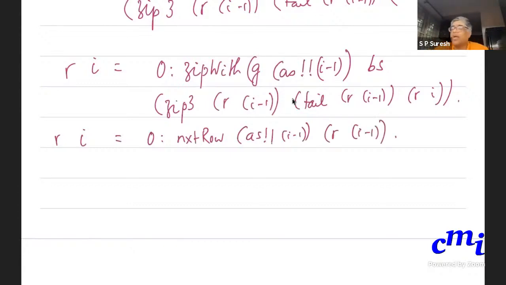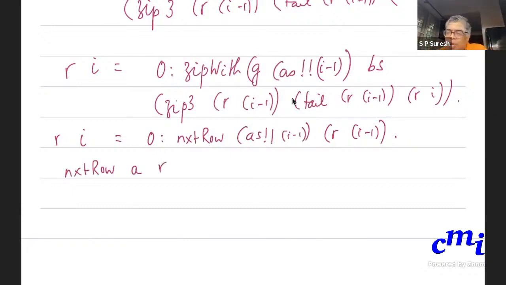If I have to write it this way, then what will next row be? This is just reverse engineering. Whoever asked this question about the last term being... next row I have to define, right? It is in my power to define next row. So what will I define next row to be? I'll take this A at I minus 1 as A and R I minus 1 as R. Those are the two parameters.